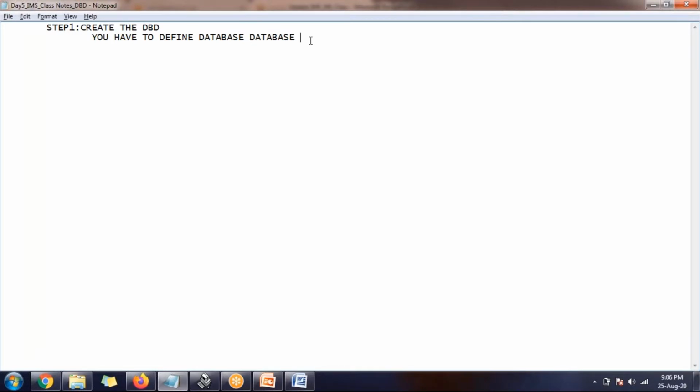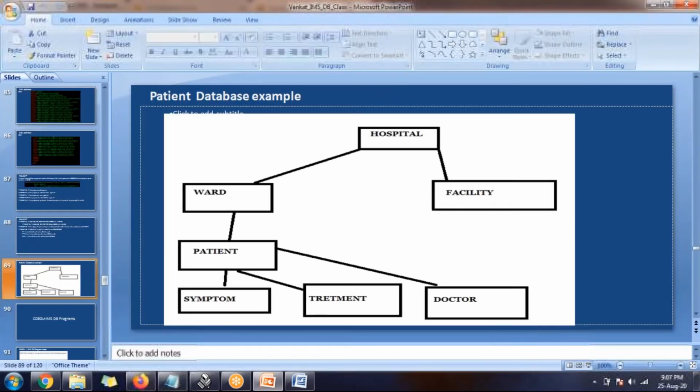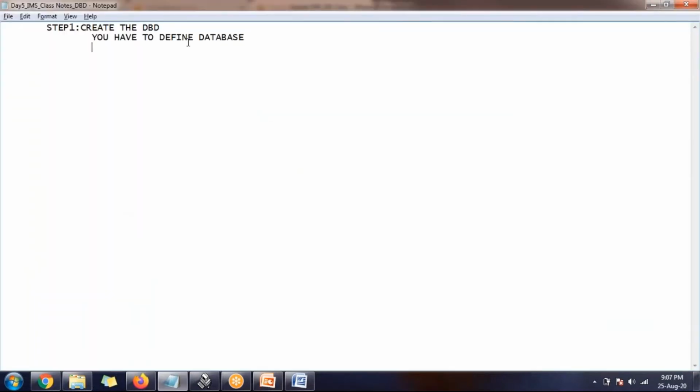The next thing, it's very important when you are defining a database. Say you got a chance, and your management asked you to create a DBD. Once you define the database, you cannot change anything. Once the definition is done, you may not be able to change it. It will be a complex process, and not only complex, you have to make changes in so many places. Keep on adding fields and all, very difficult. It is a lengthy process.